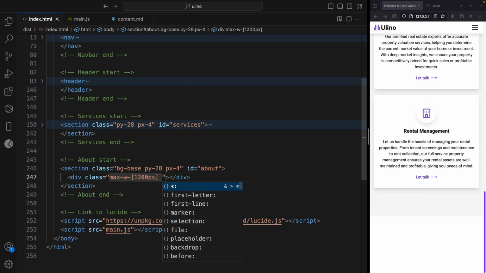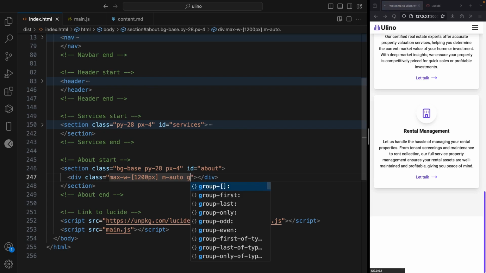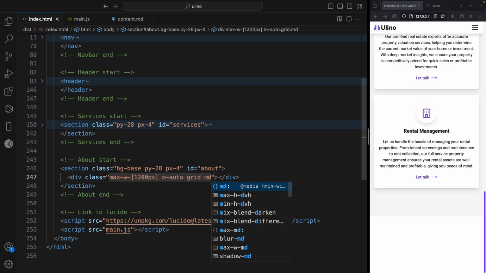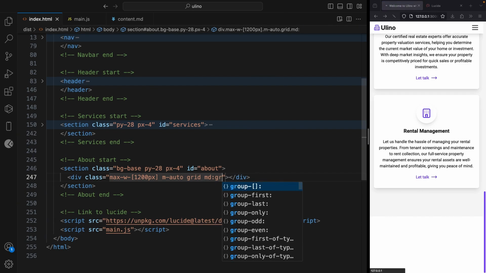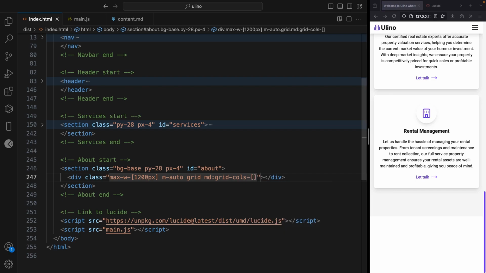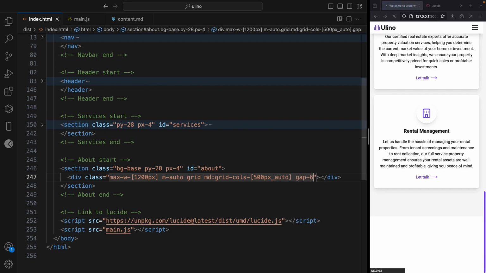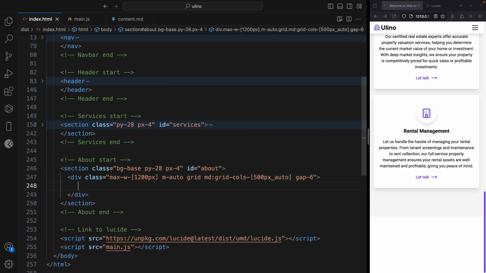Repeater, and let's give it a margin auto and create, let's see, grid columns, and we're going to say first column should have 500px wide, the second column should be auto, and let's give it a gap. Now I'm going to create two columns. Alright,